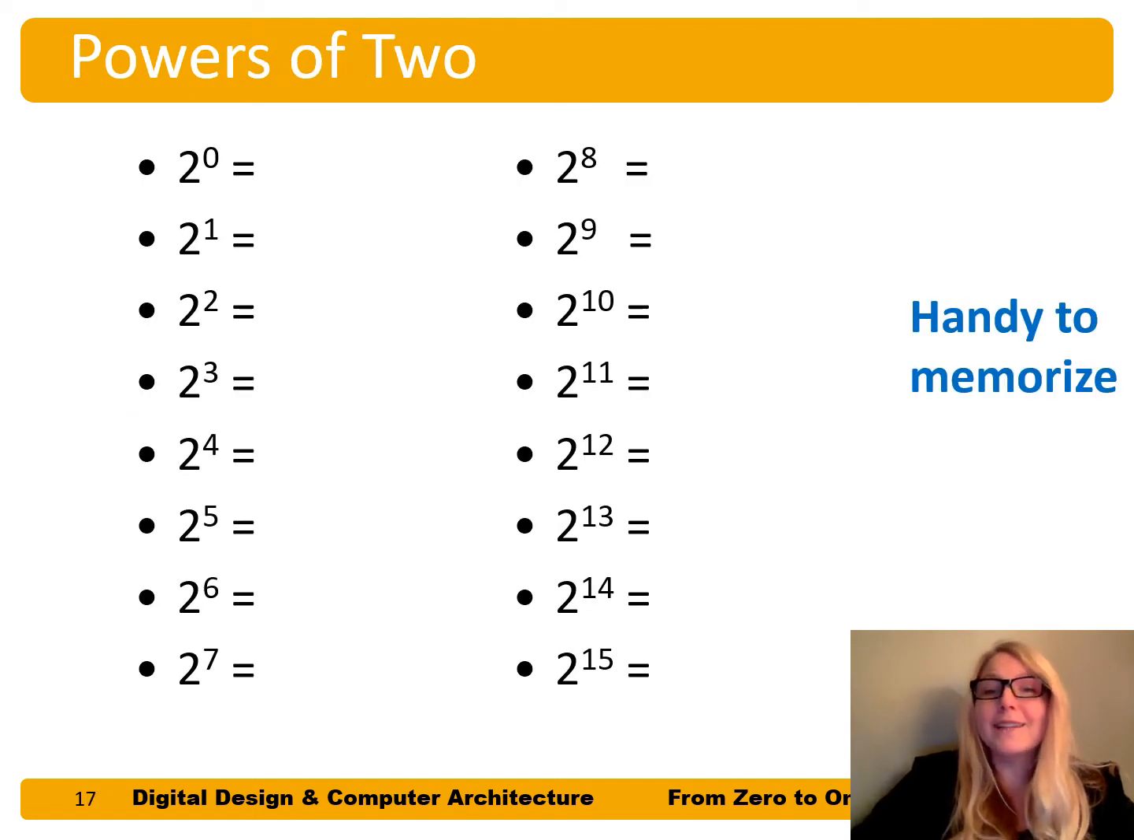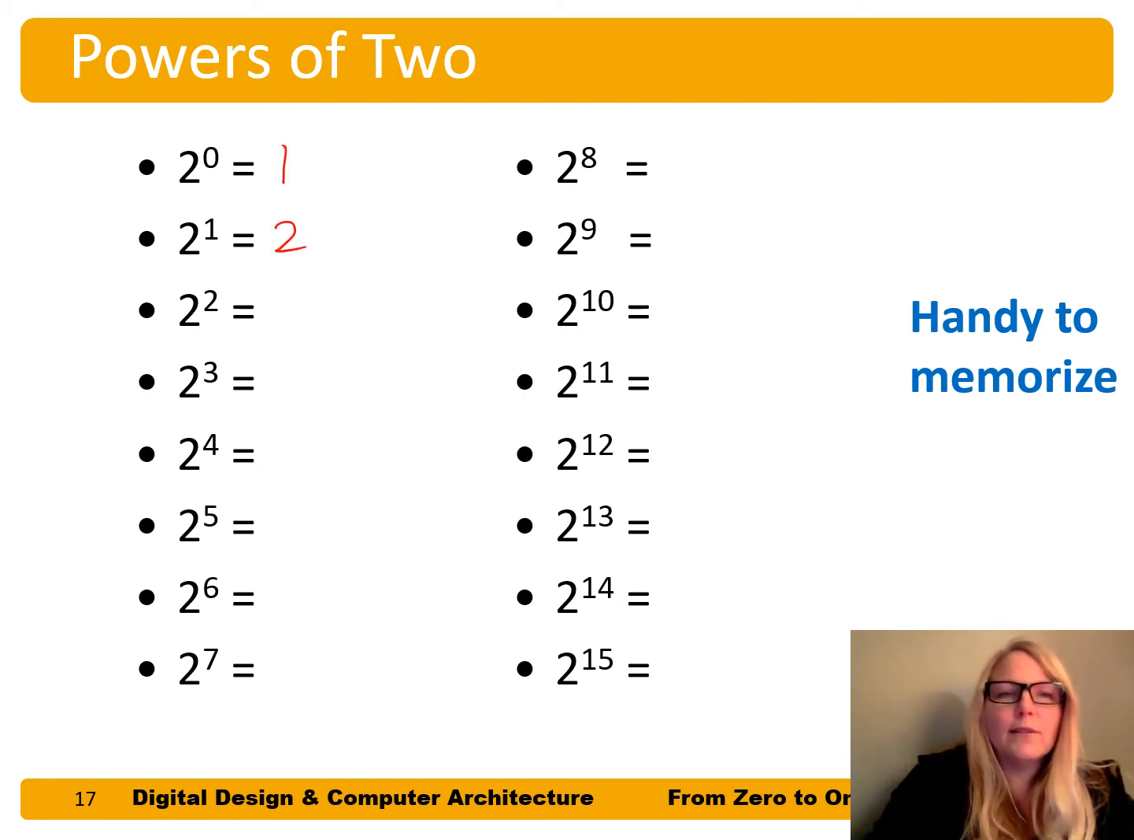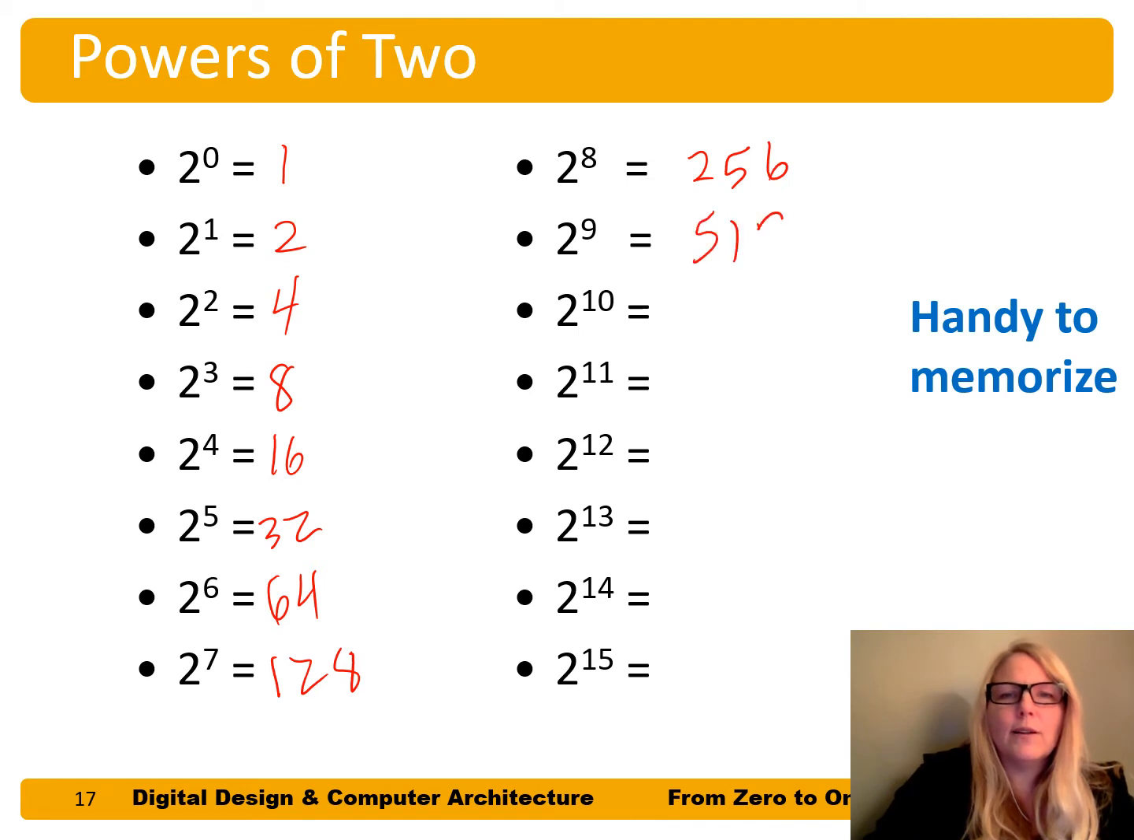And so it's really handy to memorize powers of 2 because we're going to use them a lot. So here, for example, we have 2 to the 0th power is 1, 2 to the 1 is 2, 2 to the 2 is 4, 2 to the 3 is 8, 2 to the 4 is 16, 2 to the 5 is 32, 2 to the 6 is 64, 2 to the 7 is 128, 2 to the 8 is 256, 2 to the 9 is 512, 2 to the 10 is 1024, 2 to the 11 is 2048, 4096, 8192,